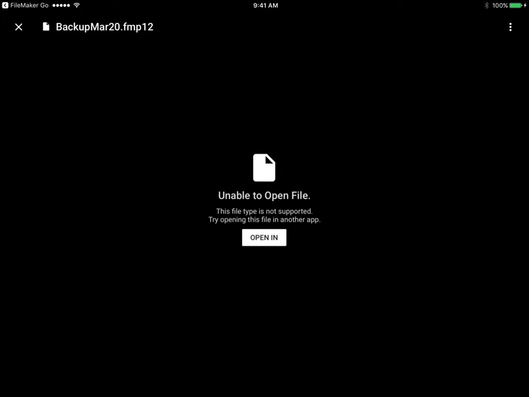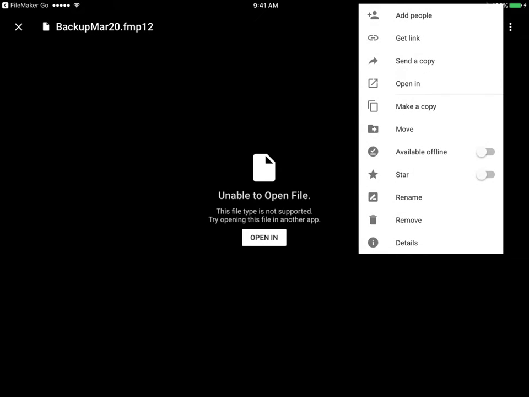It wants to download it, but it can't download. It says unable to open the file. Now, it says open in here. For some reason, in this particular version of the operating system, it doesn't like to open with this open in. I have to go to the three dots up in the corner, and maybe in the version that you're using, it will work with open in. And I just do open in over here, this open in on the menu,